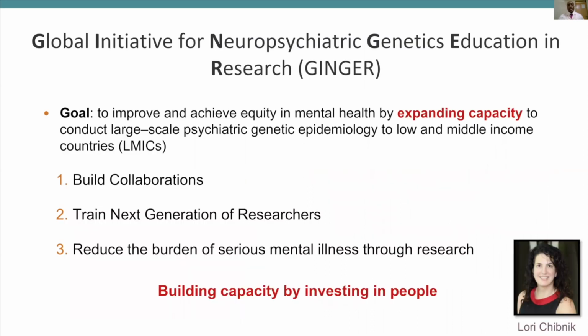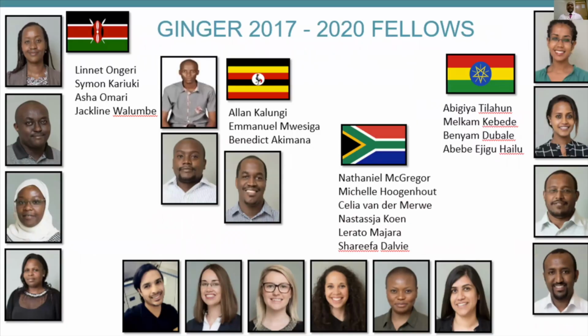Luckily, from the foresight of the NeuroGap study, they decided to work together with Dr. Lauri Chibnik, who is right there at the bottom of the screen. And they formed what is the Global Initiative for Neuropsychiatric Genetics Education and Research. The aim of Ginger was expanding capacity. They did not want to have safari research done, and they decided that they needed to build collaborations, train the next generation of researchers, and in the long term, this will improve research capacity and reduce the burden of serious mental illness through research. They took a chance, and I agree it was a big chance, on 17 fellows,